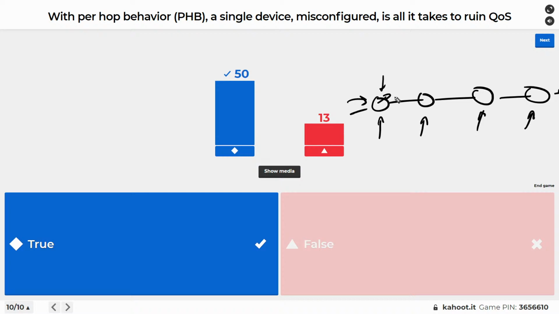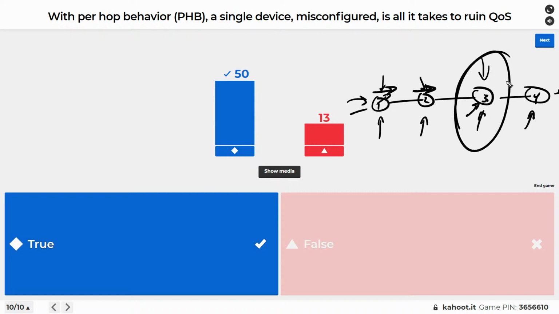Once that happens here, the traffic shows up at router 3, which has to make those same decisions, and router 2 has to make the same decisions. So all it takes is one device where you have congestion on the network, where you don't have enough bandwidth to go around. This guy can prioritize voice, this guy can prioritize voice based on the markings, and this guy sees the traffic, is first in, first out, and it all goes to heck right there.